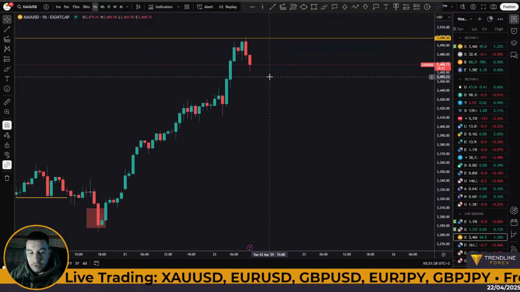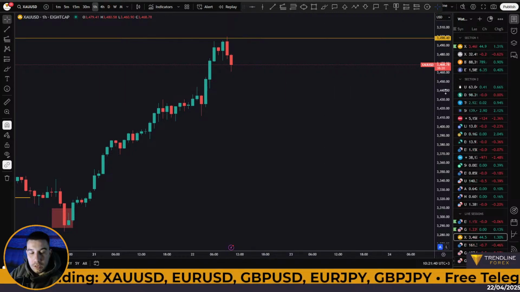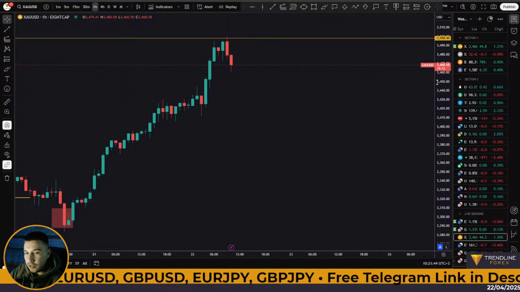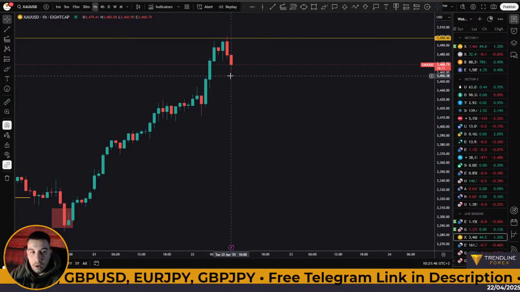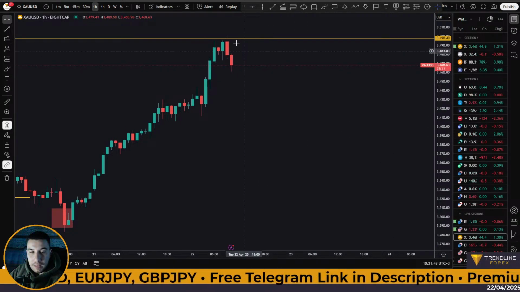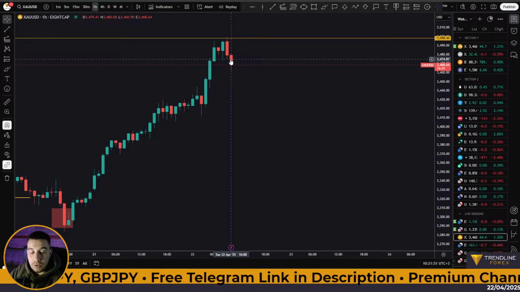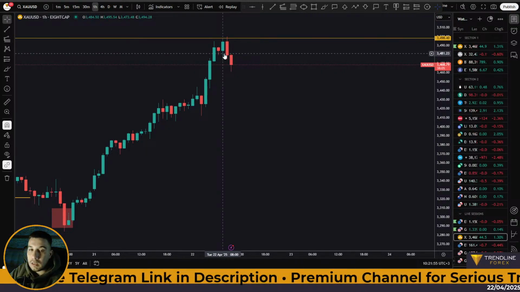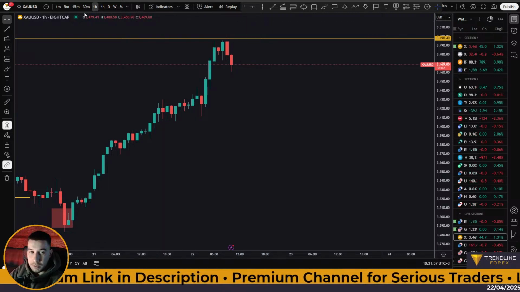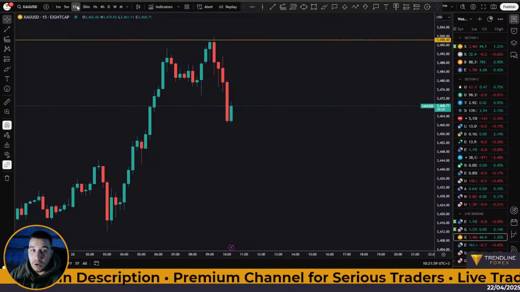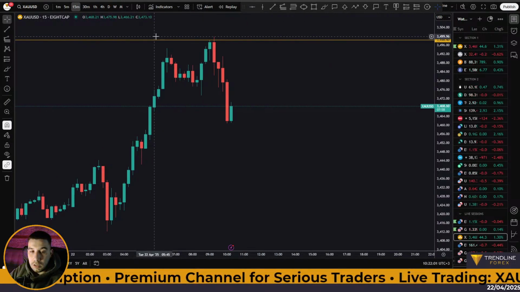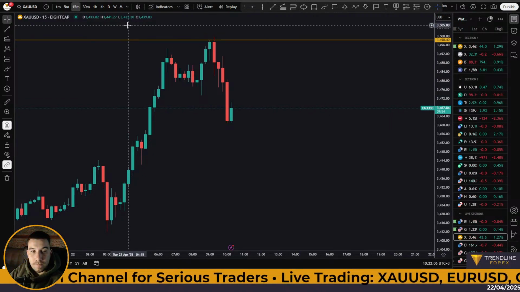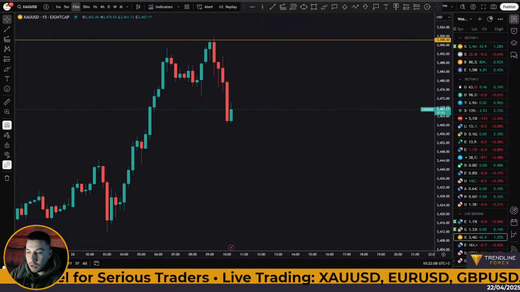Now I'm really curious to see how this 1 hour candle is going to close. There's still quite some time, just shy of 40 minutes till that hourly candle closes. But if this candle reverses and it closes as a bullish candle, this is most likely going to be a strong signal for an upside continuation right away. And even though I am expecting a pullback, we may get a different signal than what I expect.